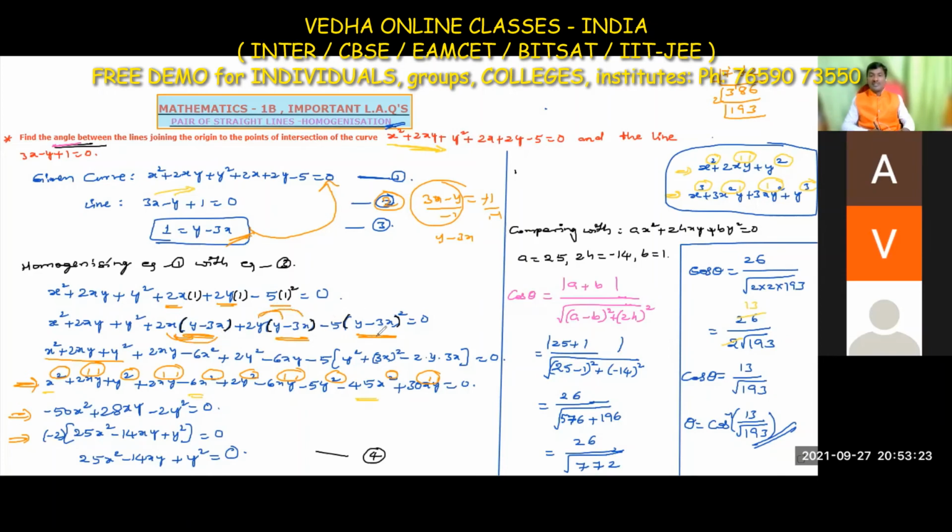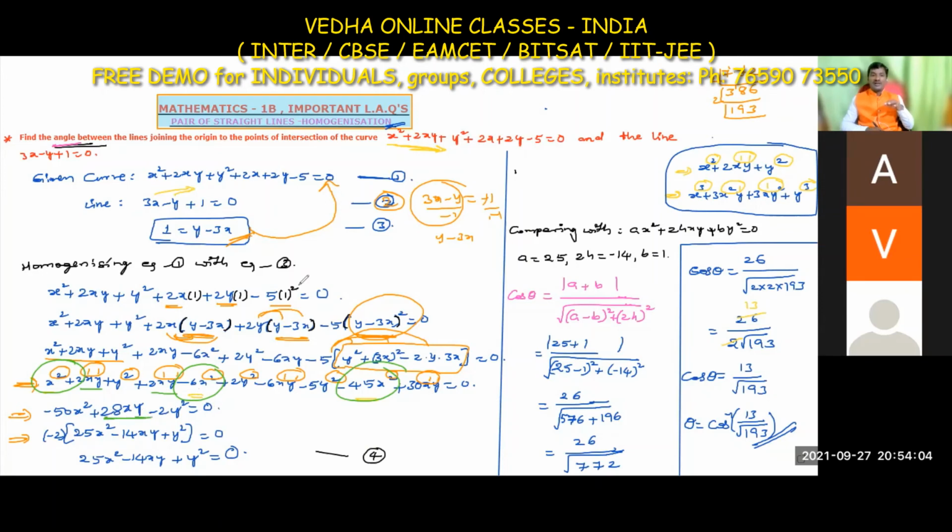After that, the a minus b whole square formula I expanded, a square plus b square minus 2ab. After that, again multiplying inside one by one term. Then simplified, adding all the x square terms together: here 1x square and here minus 6x square, minus 45, minus 51 plus 1 means minus 50x square. Add all the xy terms: 2xy and 2xy, 4xy, minus 6xy, minus 2xy, and plus 30, 28xy.